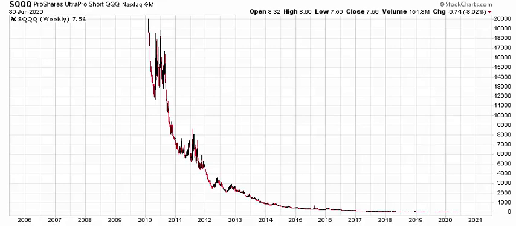This is a little different view of SQQQ. It is on a linear scale, where every box here is just 1,000 points. I wanted to look at this in a different view just because of what it produces here. This decline off of its inception in 2010 is a pretty nice 5-wave move and then basically petering out